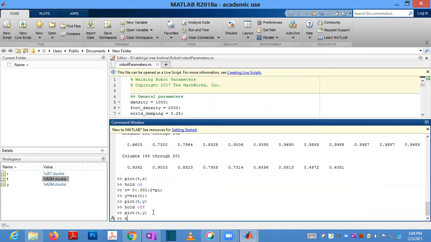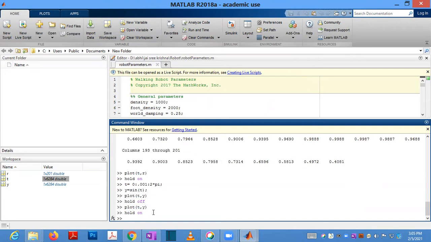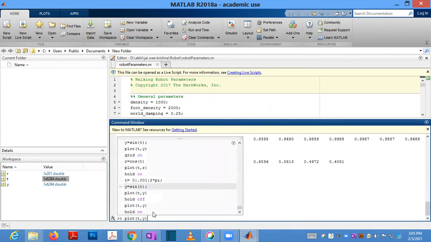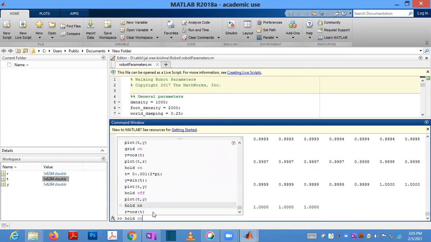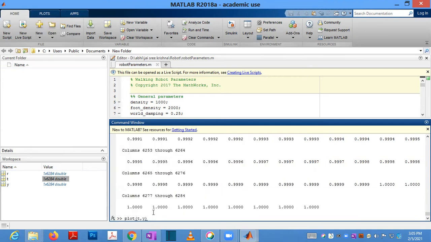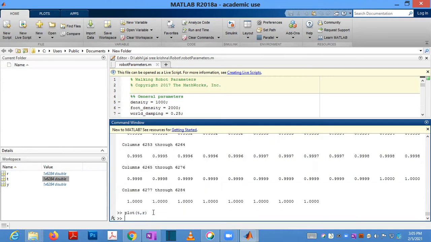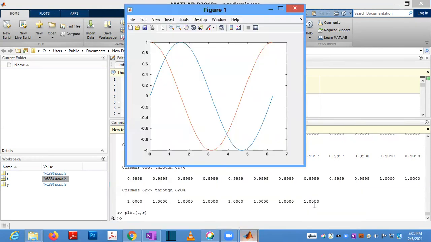So if you want, again hold on, and you are plotting the cosine wave, r is equal to cos of t, then you plot t comma r, then both the sine wave and cosine wave will be displayed.